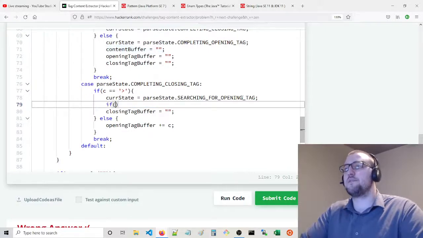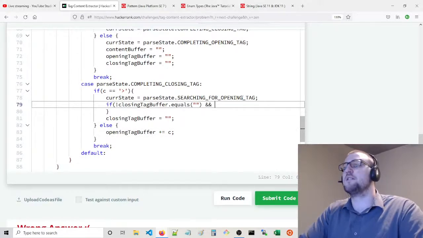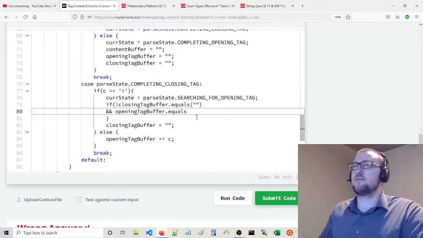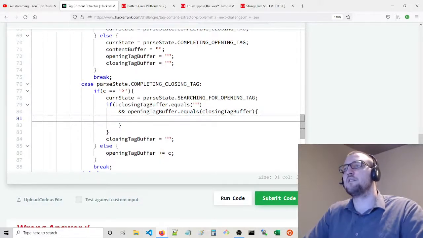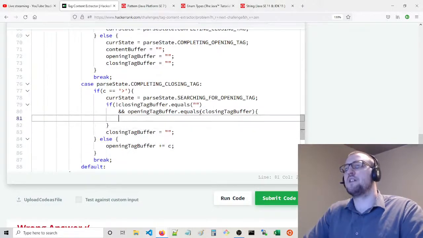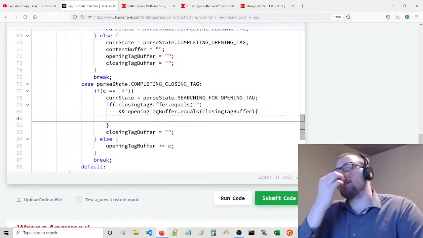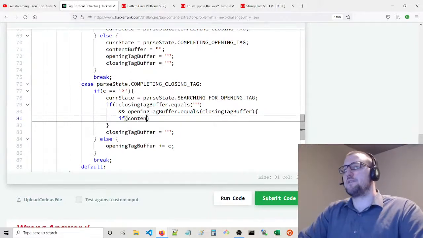What you're going to do is say, if the closing tag buffer is not empty, and the opening tag buffer equals the closing tag buffer, then we're going to append. If the closing tag buffer is not empty and the opening tag buffer is equal to the closing tag buffer, meaning that we found something in the tags, then we're going to say if the content buffer is not empty,